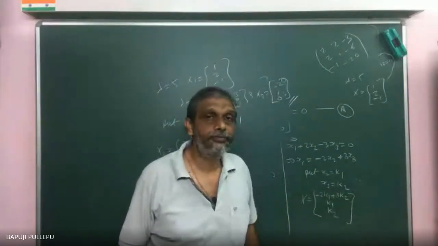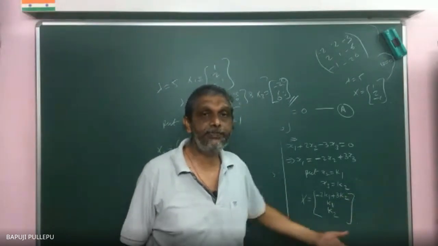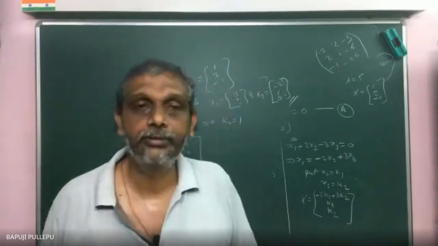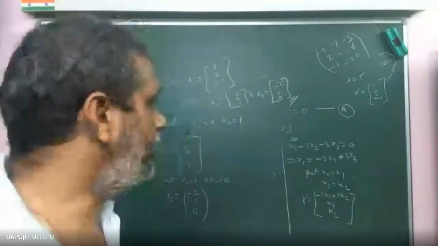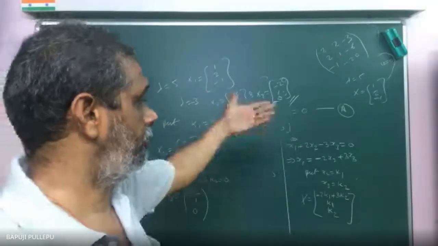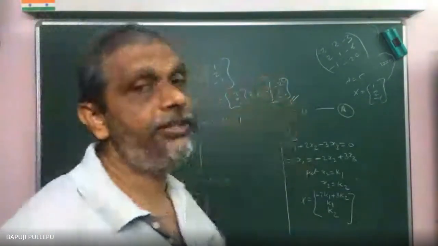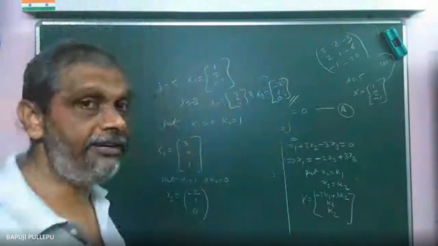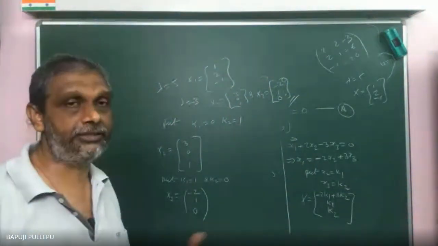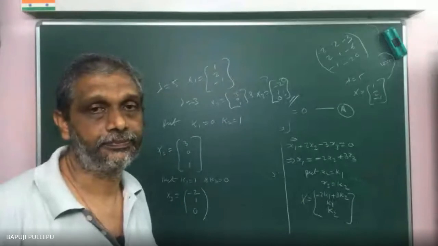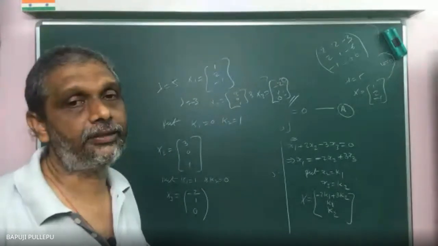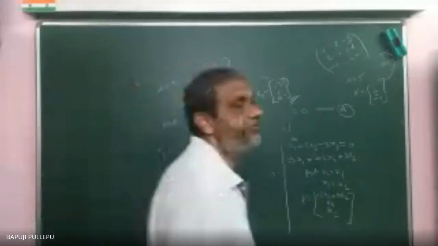-6. 3 into 2 how much? 6. Minus 6 plus 6 how much? 0. So what will you get? 0, 3, minus 2, the third value. You will have infinite values. I am telling the best to choose. Getting or not? Yes, sir. If 3 fellows are the same, you can do this.